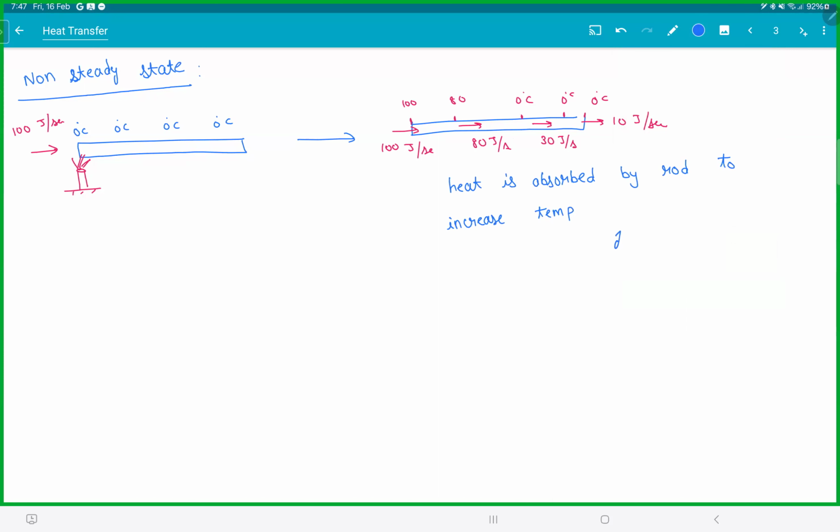So inflow is not equal to outflow. So this is a non-steady state. That's how simply you can say it. It's like if 10 cars are going into the road and only 4 cars are coming out, it's not a steady state. Then eventually, after leaving it for a long time,